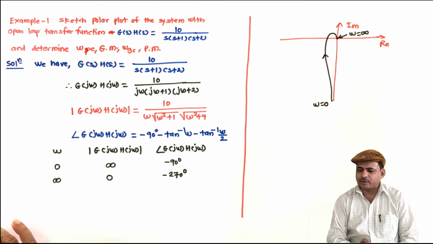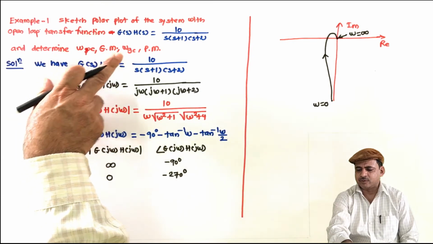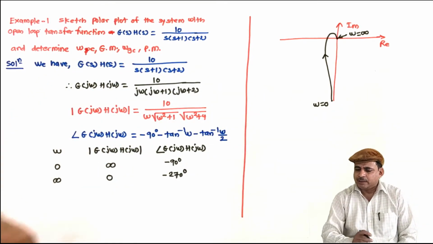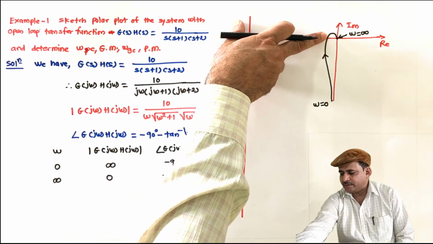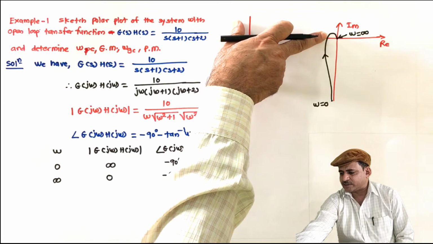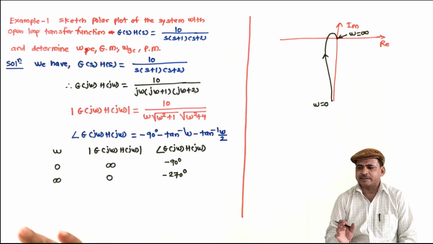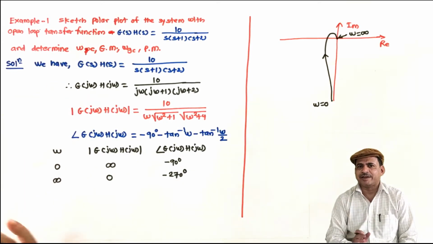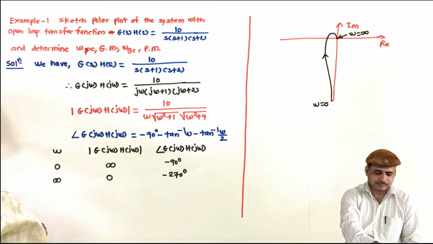And the next part what we have to do is, we have to find out omega PC, gain margin, omega GC and phase margin. So, for that what we have to do, as seen in the previous lecture, omega PC will appear when the polar plot cuts the negative part of real axis. And that means at that point, this frequency response function has phase equal to minus 180 and it is purely real. So let us do that treatment.